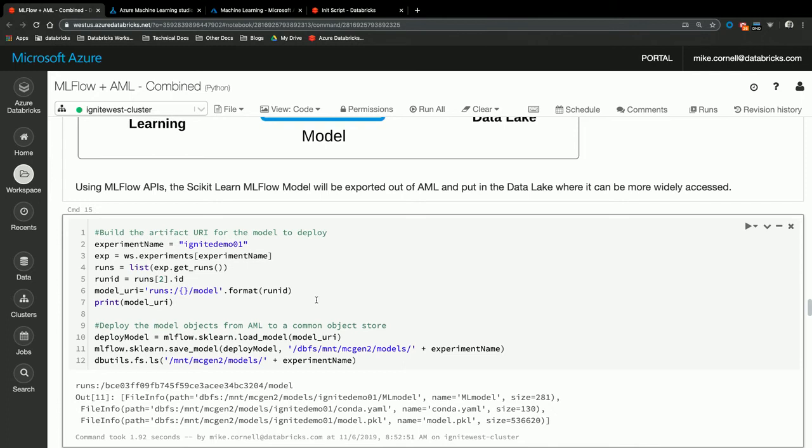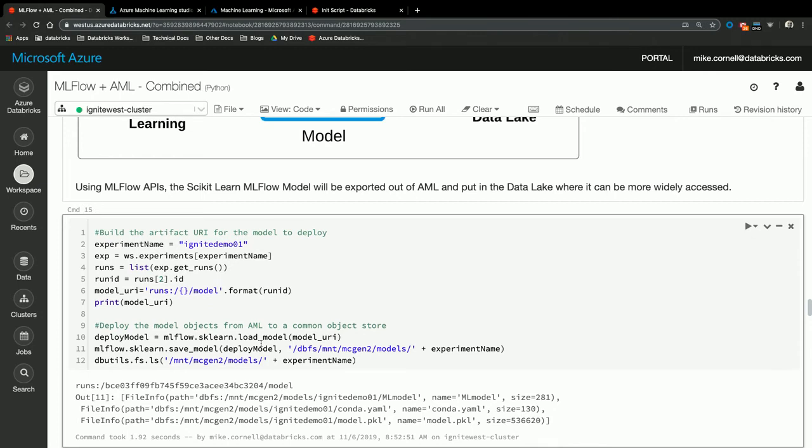And this just builds a path to the output folder that I showed you a few minutes ago. And then the second part of this code says, hey, MLflow, I want to grab this sklearn flavor and I want to load it. And so it's going to go out there and grab it. And then hey MLflow, take this sklearn flavor of the model and put it somewhere. In this case, we put it out to a DBFS location inside of Databricks that's actually a mount point to an ADLS Gen 2 storage place.